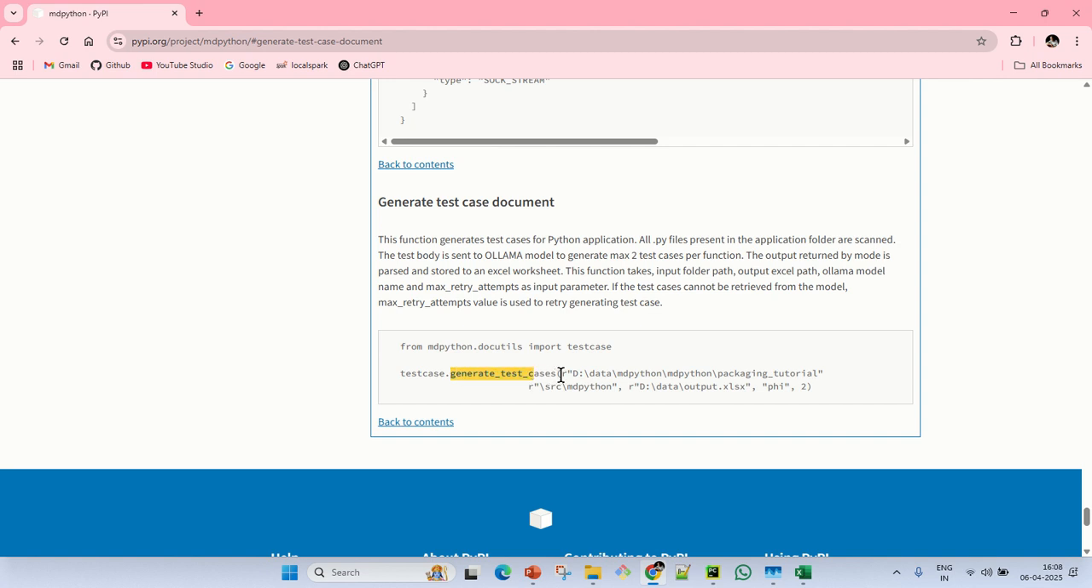The first parameter is the path which contains the .py files. The second parameter is where we want to have the output file. The third parameter is the OLLAMA model that we have to use to generate the test cases, and the fourth parameter is the retry attempts. So the MDPython library, for each function, will send the function body to the OLLAMA model